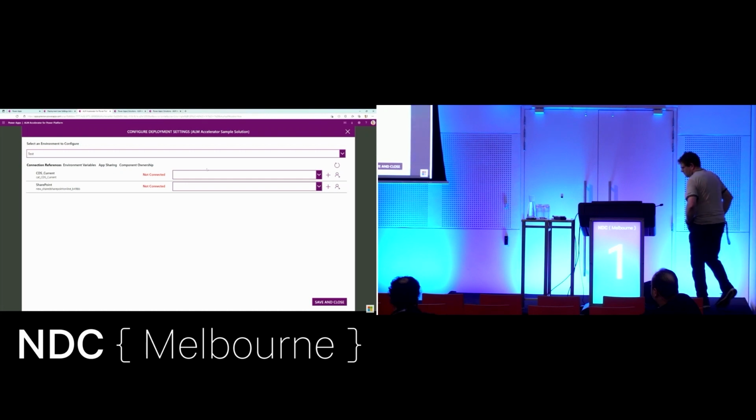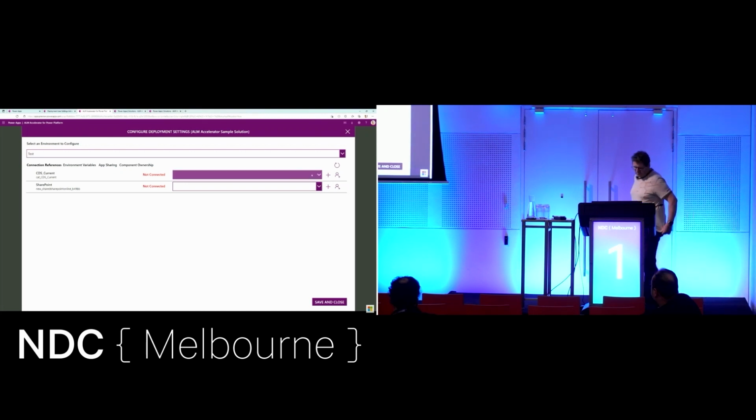Within the connection references, you will be able to configure, again, which connection reference you want to use for the different connections that you have. You can choose from existing ones in the environment, or you can...